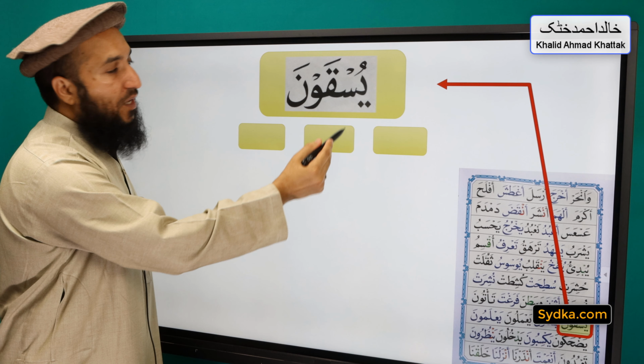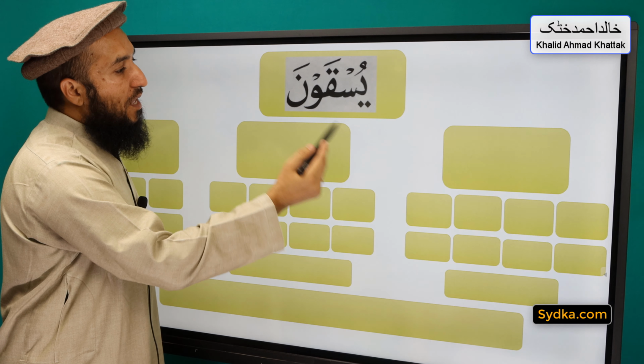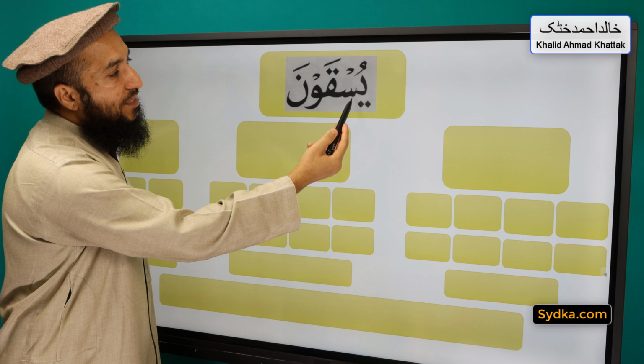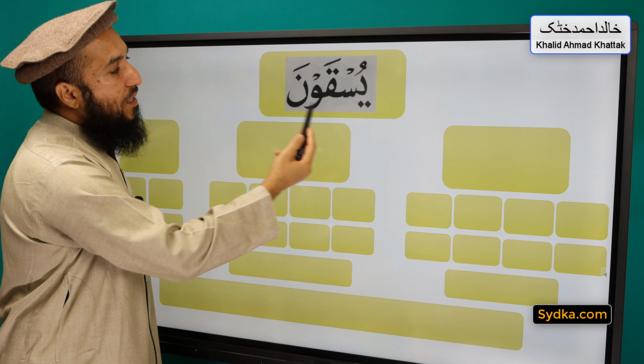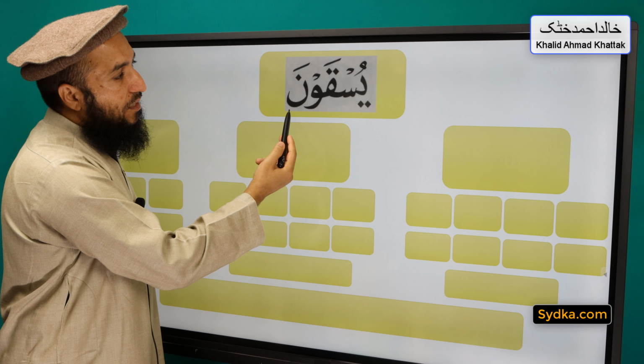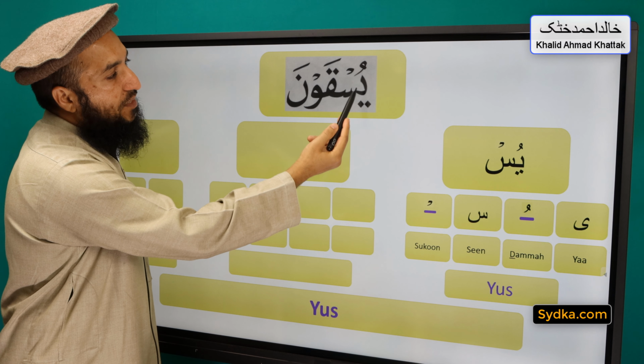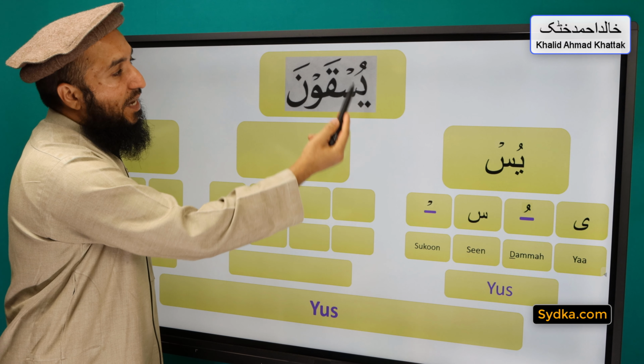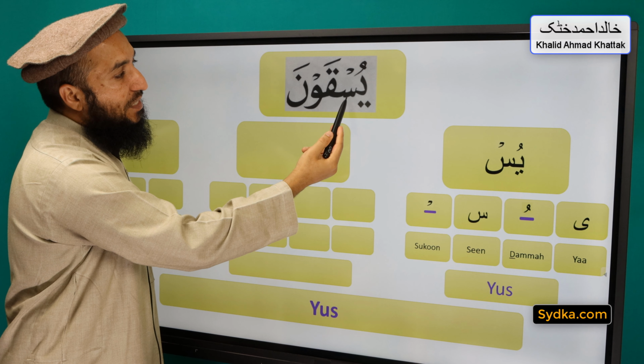The next word we have is yusqawna, and it can be divided into 3 syllables. The first one is yus, the second one is qaw, and the third one is na. So the first syllable we have is ya dhamma sin sukoon yus. Ya is a light letter, it has dhamma on top of it, it is followed by sin, and sin has